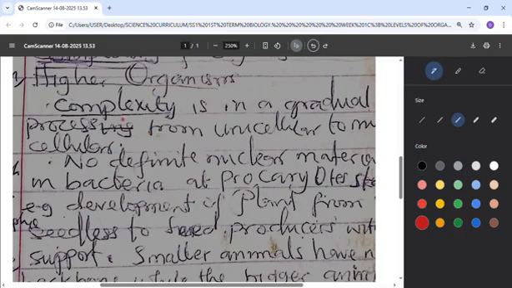So complexity is a gradual process from unicellular to multicellular. Like we started with amoeba, unicellular, but once we come to multicellular, like human beings, the human being is complex. And another thing is there is no definite nuclear material when it comes to bacteria. Talking about the unicellular now, no nuclear material. But once you move to the complex ones, like the eukaryotes, you will see good nuclear material. So talking about how complexity is having